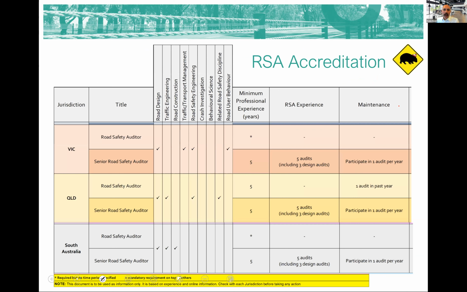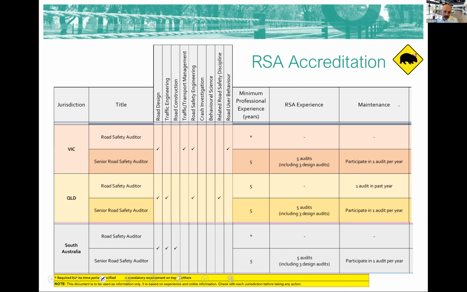But a lot of people are very interested in, what sort of accreditation do I get out of this? Okay, so when you successfully complete this course and get your certificate, you get this certificate from Safe System Solutions that says you've successfully completed our road safety audit course. Okay, what does that mean? Are you then an accredited road safety auditor? Well, the answer is no, you're not. There is an extra step to happen